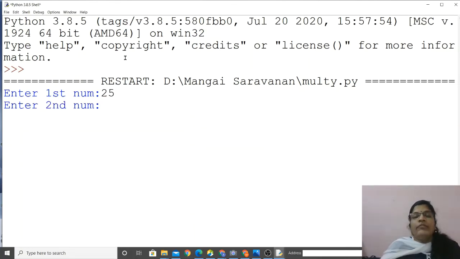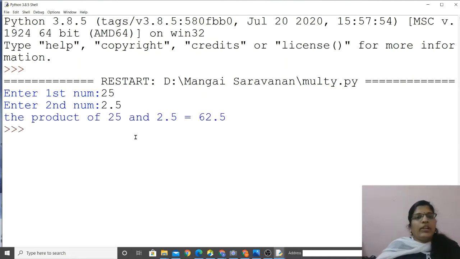So we have written a floating number, right? So 2.5 I'm giving. The product of 25 and 2.5 is 62.5. Is it clear? In case I give an integer data type and give a floating value, then we won't get the answer. Whatever data type we have specified, we have to give it. But here even if I give 25, it will take it as 25.0, and we will get the answer. But we should not give an integer data type and give a floating, that is a decimal, value. Got it?